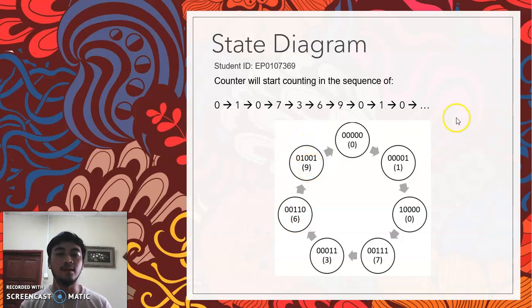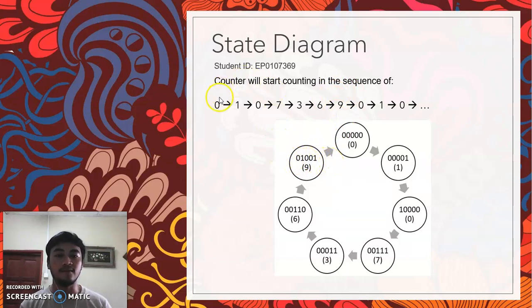If we look at the decimal number, 0107369, and we change every single number here to binary, we only need 4-bit binary numbers. The 9 is the largest one, which is 1001.